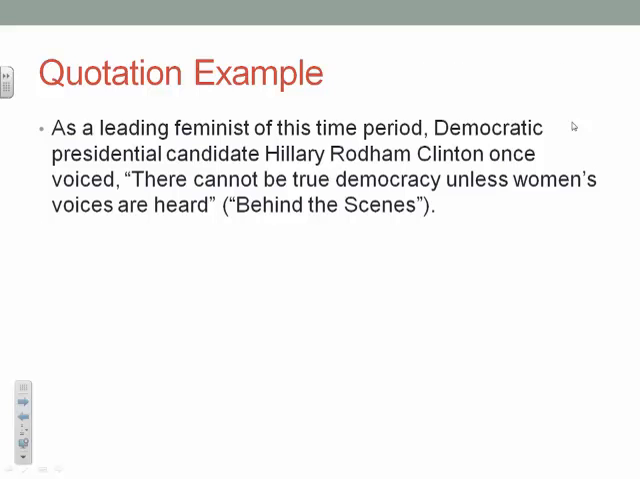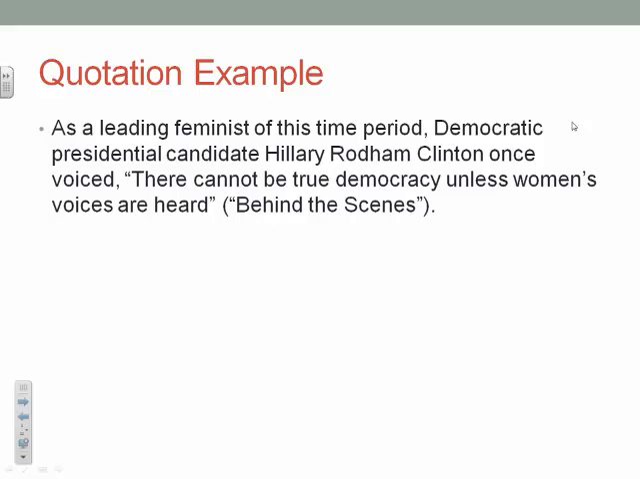Okay, here's an example of a quotation. As a leading feminist of the time period, Democratic presidential candidate Hillary Rodham Clinton once voiced, "There cannot be true democracy unless women's voices are heard." Okay, so remember, anytime you are citing a direct quote of any sort, you have to have a signal phrase